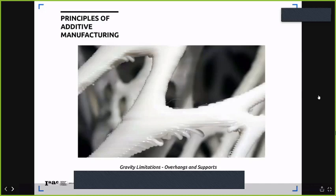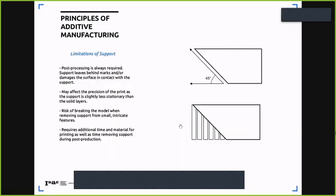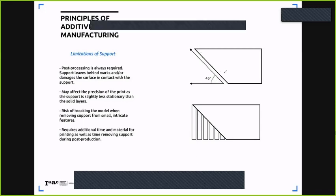Gravity limitations. We are printing, stacking material layer after layer. What happens, for example, when you are building something, a building or a Gothic church? You use scaffolds, so the dome that you have on top doesn't fall. In the same way, in 3D printing we need to use supports. And we have what is called the overhang angle. That is the maximum angle that you can print without supports. This is defined by